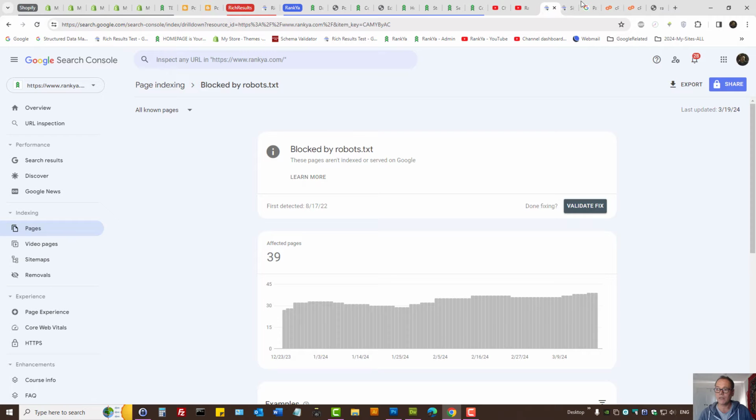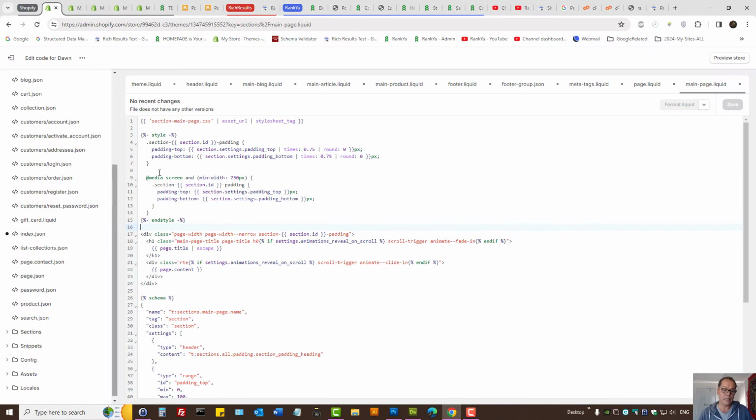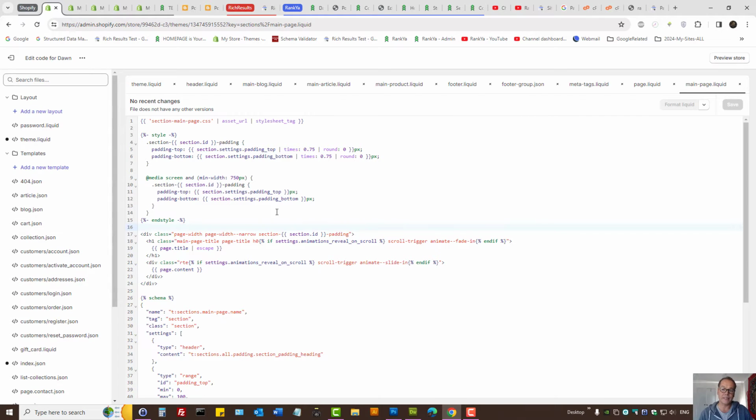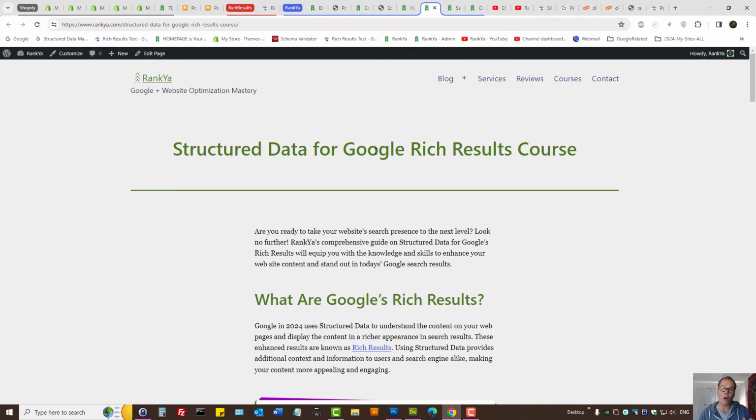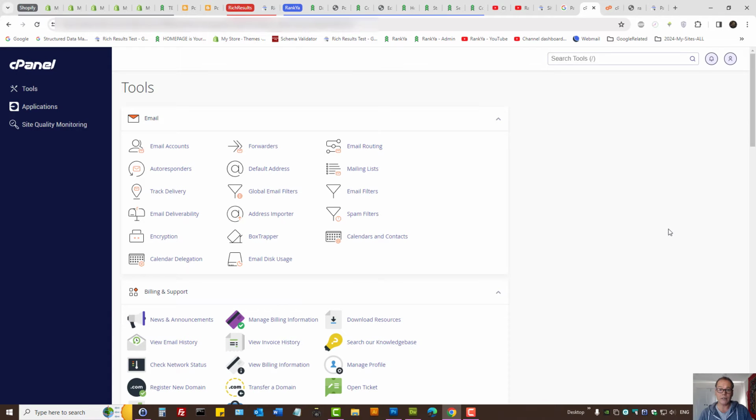Okay, so now since most websites are set up differently, let's imagine you're using Shopify and robots.txt problems are occurring in Search Console. Then you're looking here and you can't see the file. That's because that's automatically generated, meaning some content management systems automatically generate this file. So if you want to fix problems for an auto-generated robots.txt file, you can log into your web hosting account,